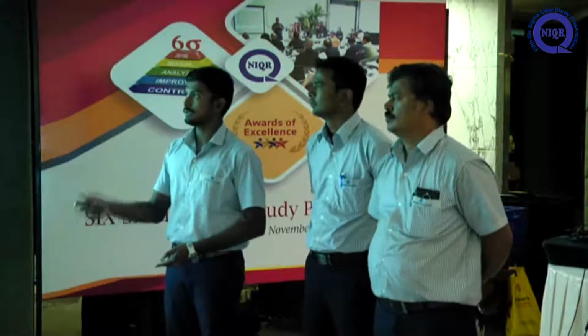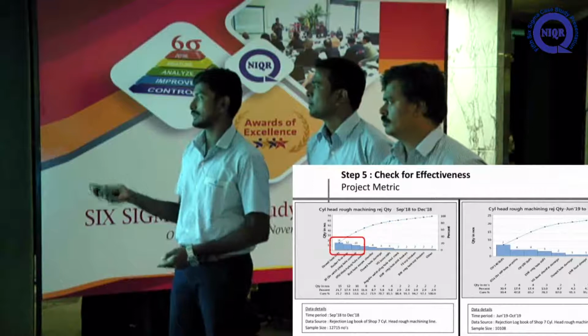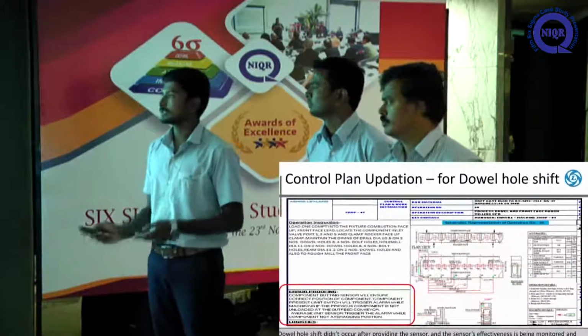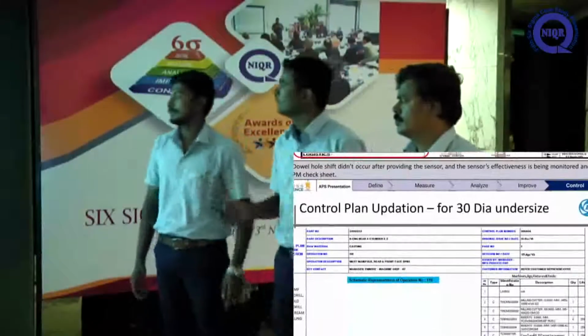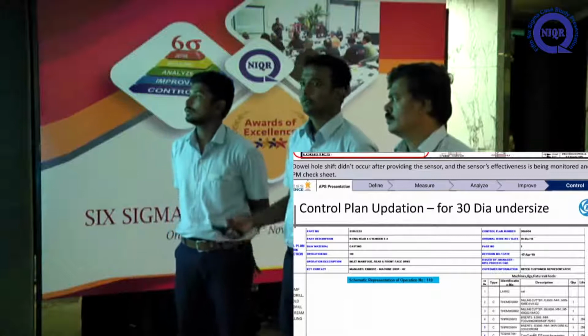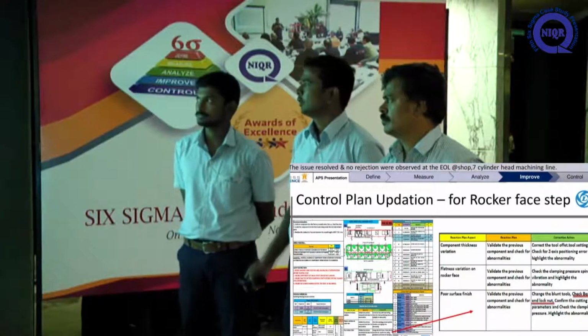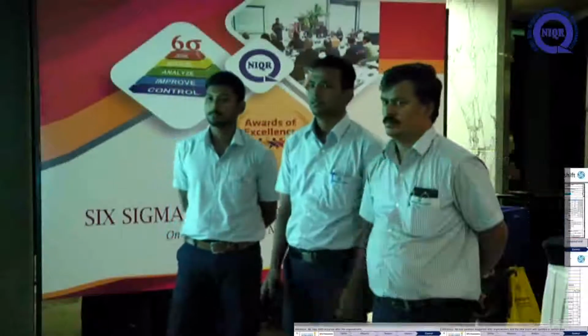There is no change in the cycle time since we are just changing the insert. So this is how we eliminated the top 3 issues of the previous year to the current state. We have achieved almost 60% reduction in PPM. Now we are standardizing and controlling all the processes by implementing in the line for the 3 issues. This is how we planned and achieved within the timeline. Thank you.